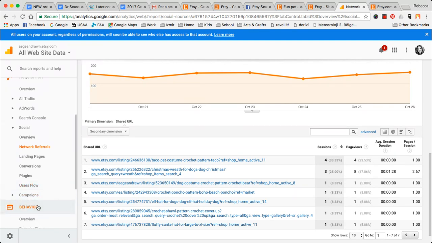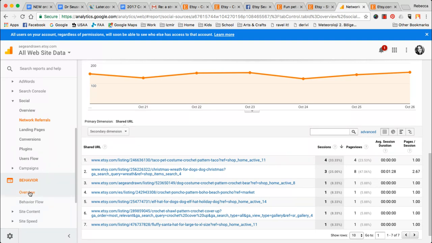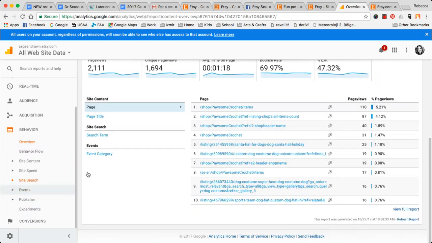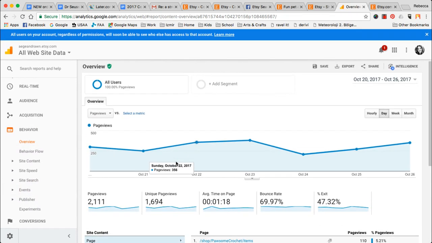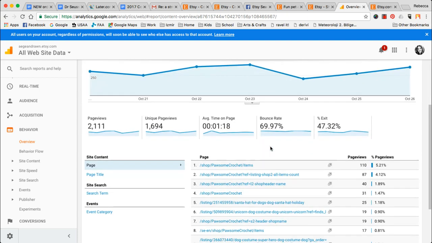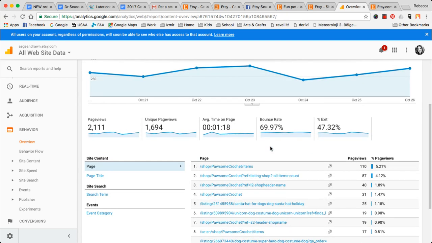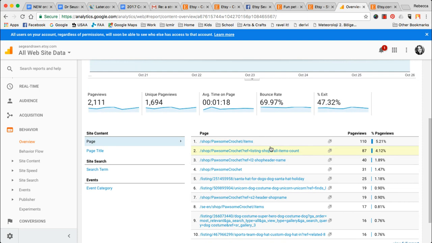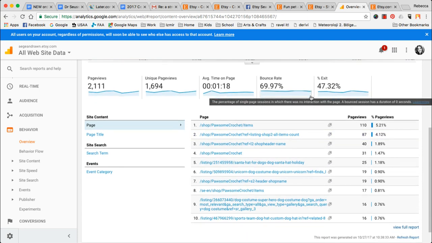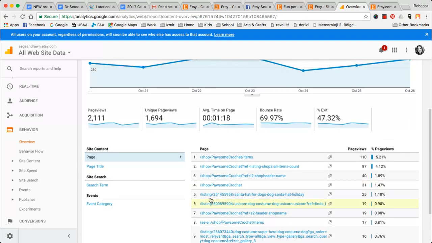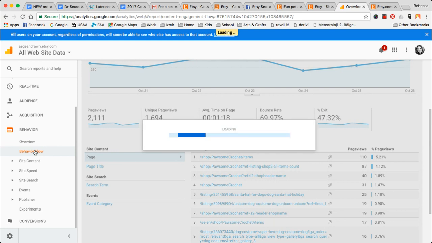So now that I've gone through some of those basics, we're going to hop over to behavior and get into one of my personal favorite reports, but the most complicated one. So again, please bear with me. This is going to take a little while to explain, but I promise when I do, you're like, oh, wow, that's cool. So your basic behavior overview. It tells you a lot of interesting things. Again, it tells you the basics on this main page, but once you dig in, there's some really cool stuff here. Behavior flow